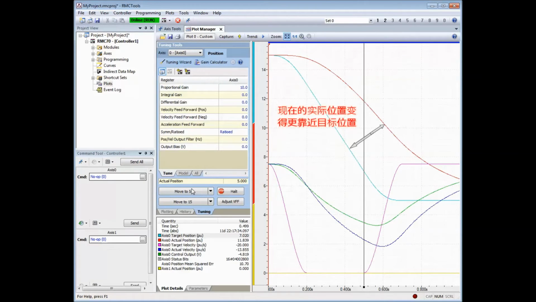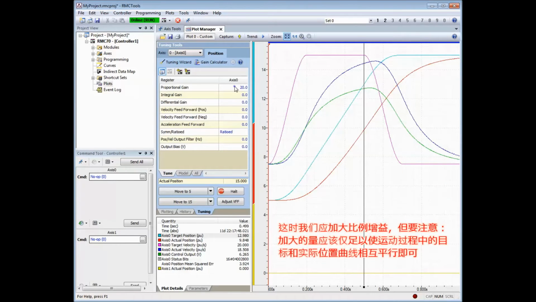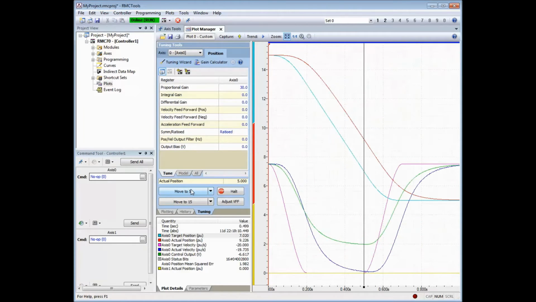Now the actual position is following more closely. At this stage, we should increase the proportional gain only enough so that the target and actual positions parallel each other during the move. Now the positions are paralleling each other, so we can go to the next step, which is to set the